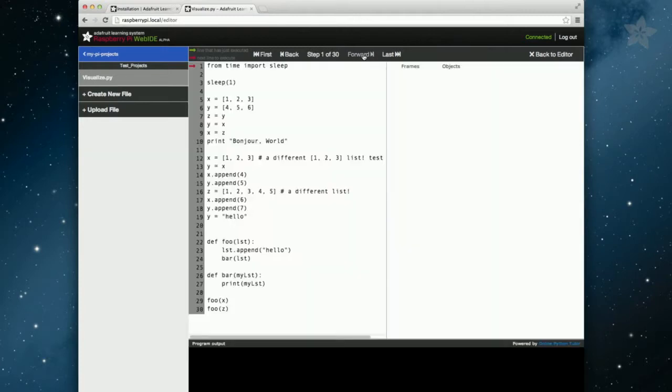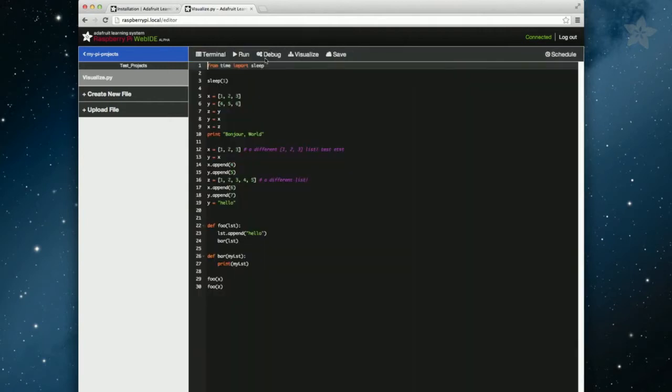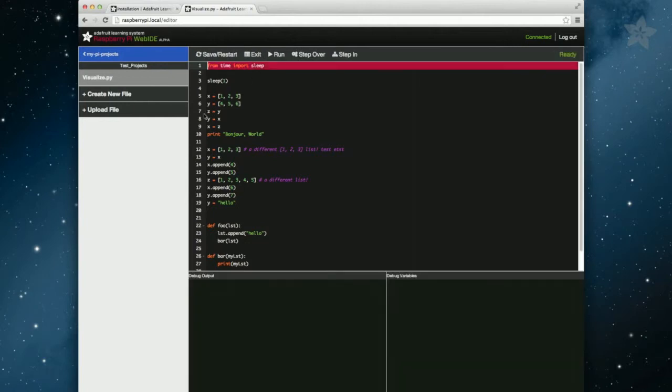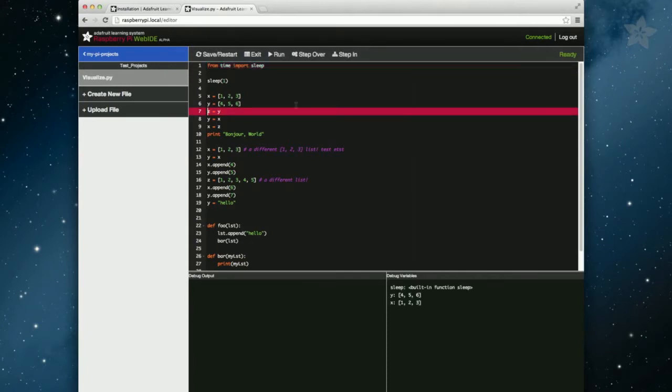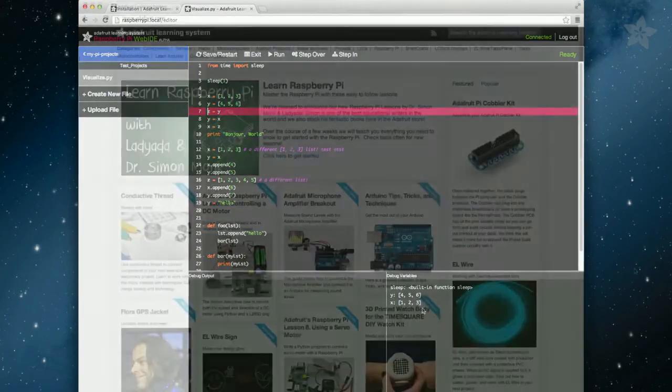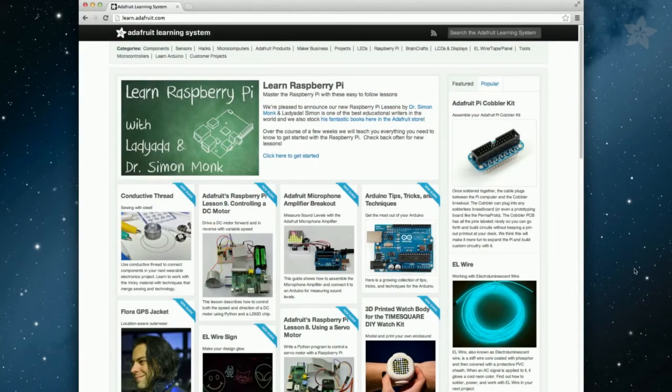The visualizer is a feature designed to help you understand how a Python program is working at a more basic level. It lets you see what the Python interpreter is doing as it steps through your program, such as variables being assigned, objects being created, etc. Another neat feature of the WebIDE is the Python debugger. This can be quite useful for many situations. The debugger allows you to step through your Python program in real time. Not only is the Raspberry Pi WebIDE packed with features and easy to use, it is also extremely easy to